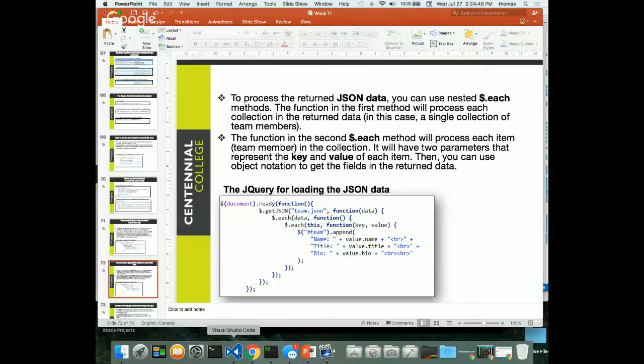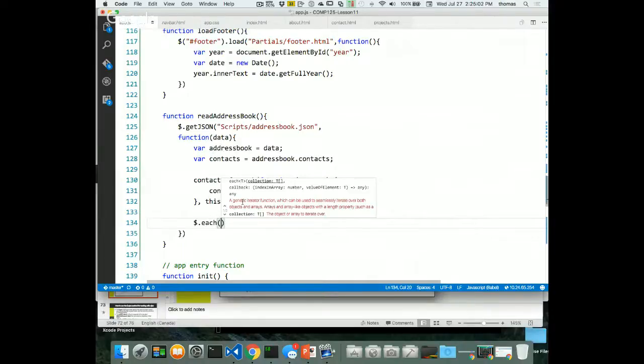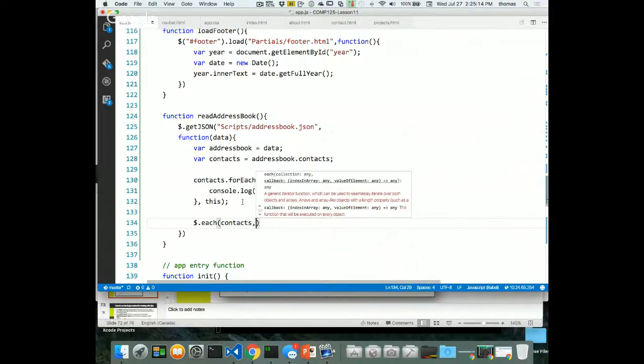How do I use the for each? Because I got to leave you with this one. How do I change this context dot for each to a dot each? So if I go to each for each item, if I open it up, it tells you how to do it. It says, what's the collection that I'm targeting? In this particular case, the collection is contacts. For each contacts,